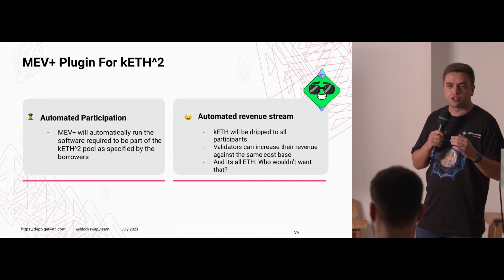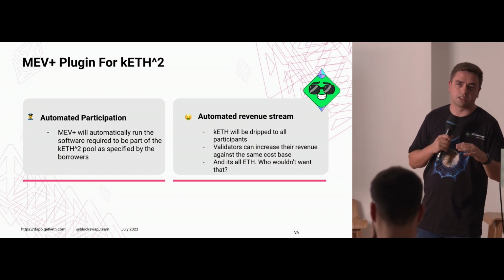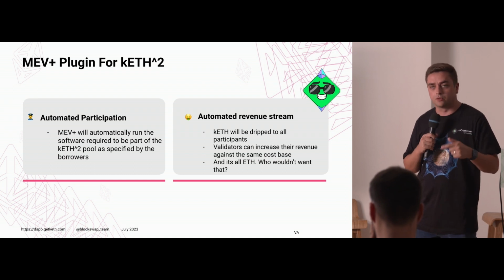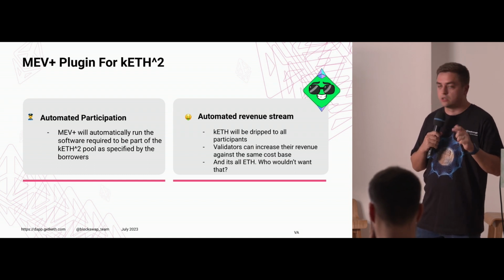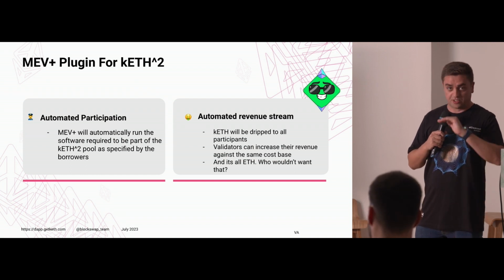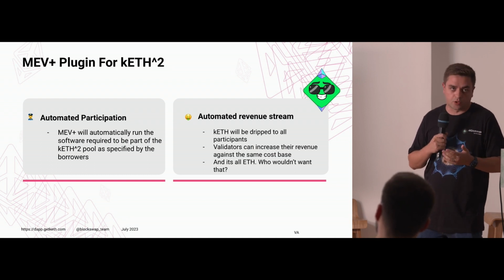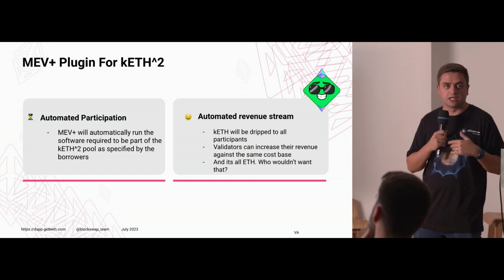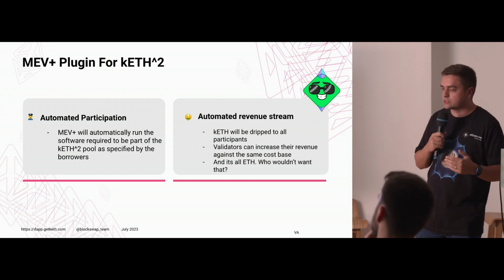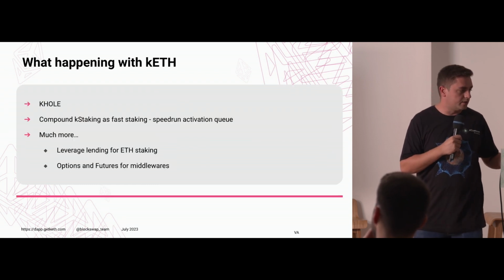And because you're part of the K-squared lending pool and you've staked the kETH, you will start seeing a stream of kETH revenue to your validator on top of the base ETH inflation rewards. This is the start and the turning point for additional validator revenue streams with the same cost basis that validators already have today. They're just plugging in a different proxy software, but they're not compromising in the services they currently have access to. It's what they have and more, on-chain, off-chain. So we're going to go into that in a bit more detail.